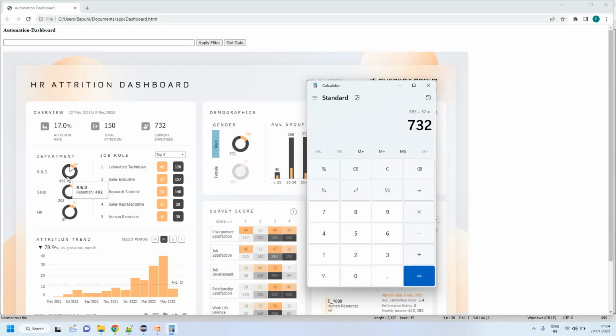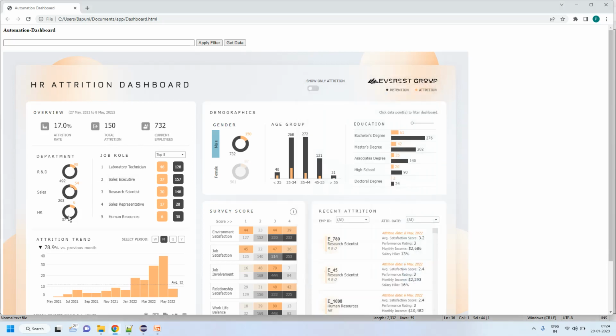This is the retention. So I manually calculated this. I summed the departments and checked that the attrition comes out to be 150,